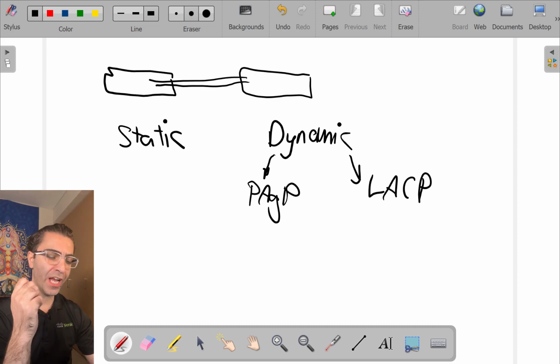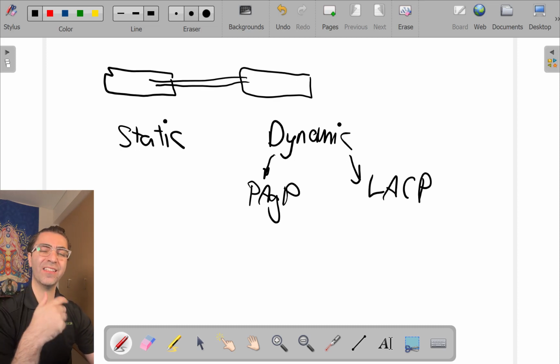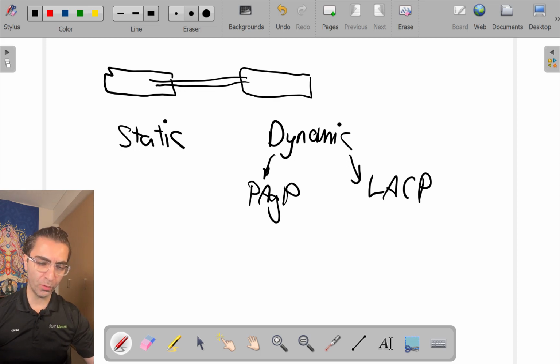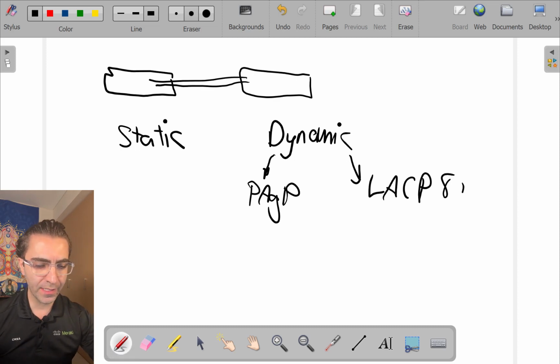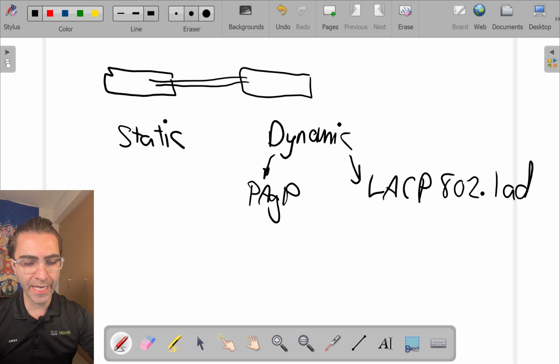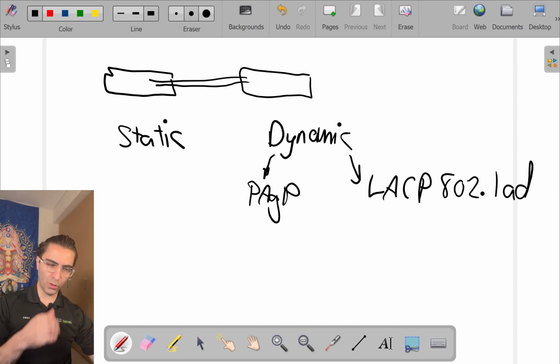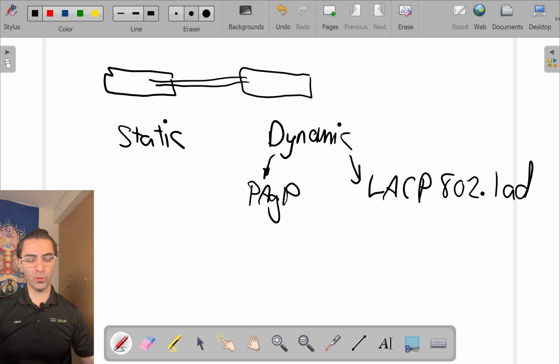PAgP, or Port Aggregation Protocol, is a Cisco proprietary protocol, so you can find it in Cisco switches only. But LACP, or Link Aggregation Control Protocol, is an IEEE standard, and the standard number is 802.3ad. With these two protocols, switches can negotiate about